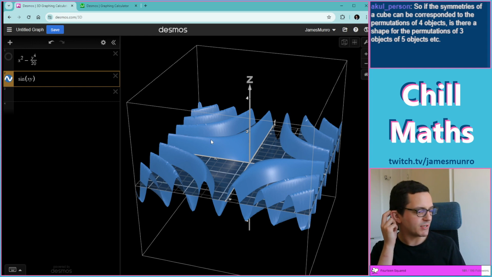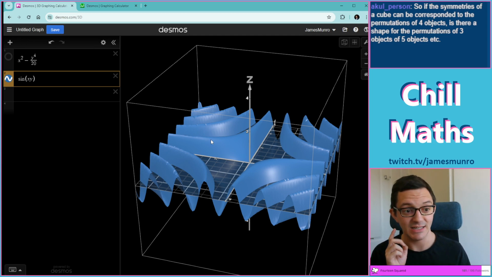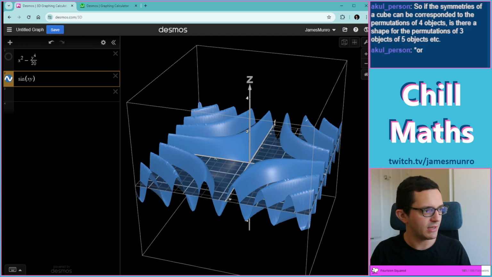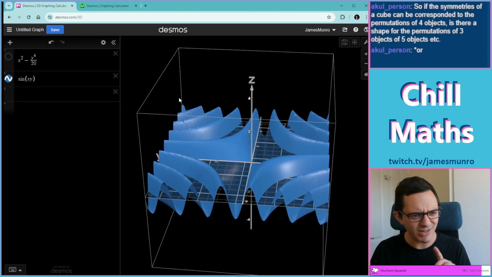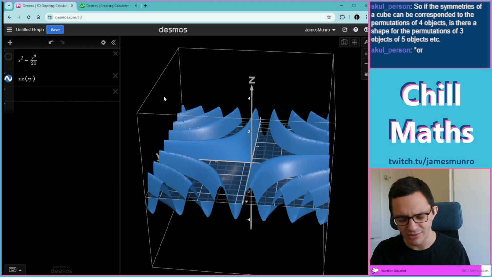Symmetry of the cube can be corresponded to the permutation of 4 objects. Is there a shape for the permutations of 3 objects? A3, so S3. Does a tetrahedron do that? In some sense? And for 5 objects, yes, and it's brilliant. For 3 objects, I'm not totally sure, because I would need to show you A3, which has only got 3 elements. So I suppose that would be rotations of